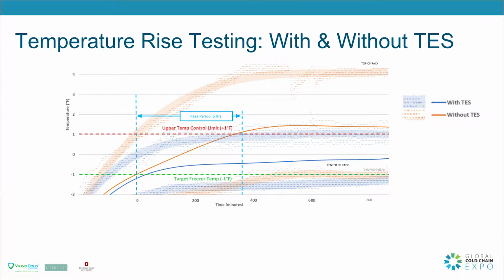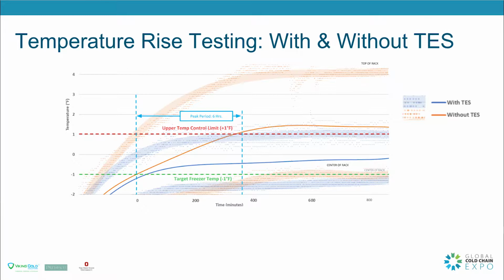And starting at this point here is where we align the 2 days before and the 2 days after, the closest point we could align. So in the first 6 hours you see very quickly where the top of the room immediately exceeds the upper threshold of the temperatures and continues to rise all the way up to +4 degrees over that 6-hour period and eventually stabilizes out. With all that thermal mass in the room, it will eventually stabilize out, but at a much higher